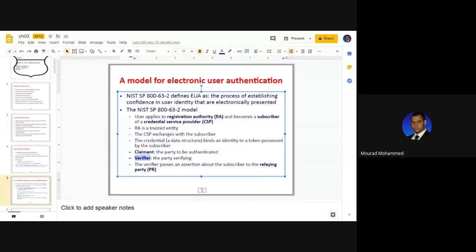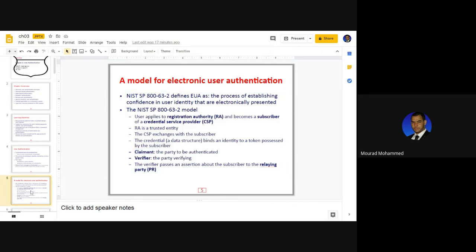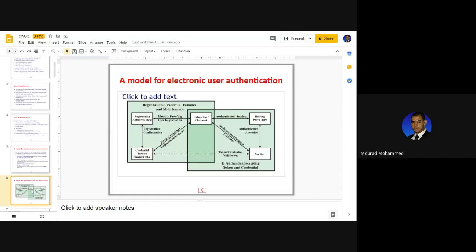Verifier. The relying party is where the verifier will seek your ID and your, let's say, trust level in order to give you the access. The relying party is the party where you are registered, you as a subject, you as a claimant. When you claim, it means you are registered. Where are your records? They are here in the relying party, something like that. So a graph to demonstrate all of this.